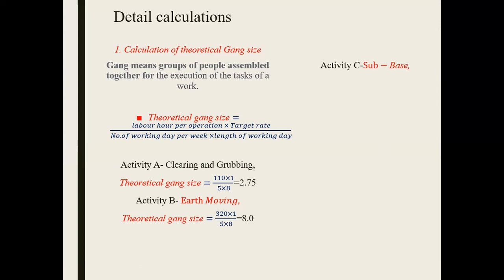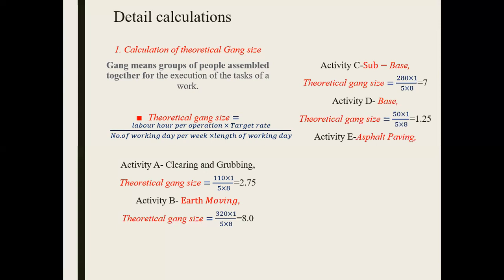Then activity C, again this 280 has changed and the rest have remained constant. Base, again this is 50, and then the rest is same as all other activities, and the last activity is asphalt paving. This is 40. I could have used an Excel sheet, but I feel if they have all the formulation being very clear, just if you're a beginner,